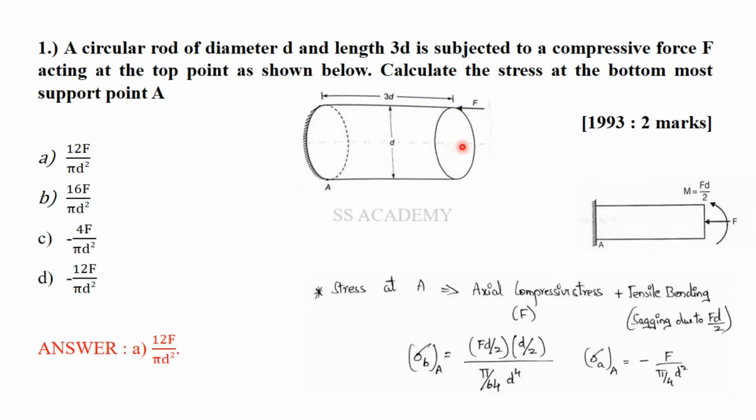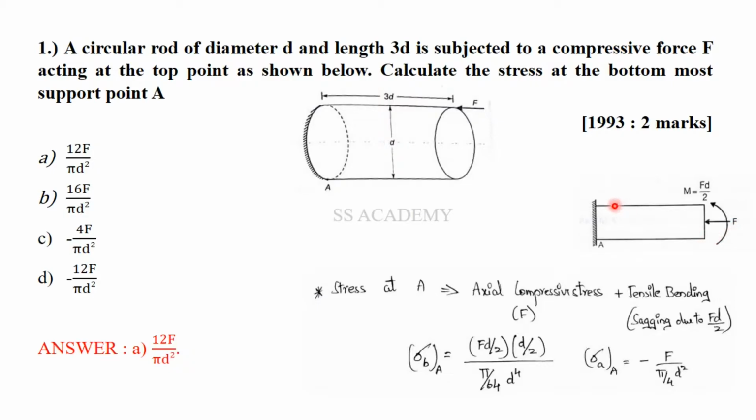centroid, that is from the center of this cross section. So it is actually an eccentrically loaded axial load. So it will be causing a couple and axial force. Here you can see that it is causing an axial compressive force and a moment Fd by 2, F into distance from the centroid, that is d by 2. So the moment will be Fd by 2 and the axial compressive force will be F.